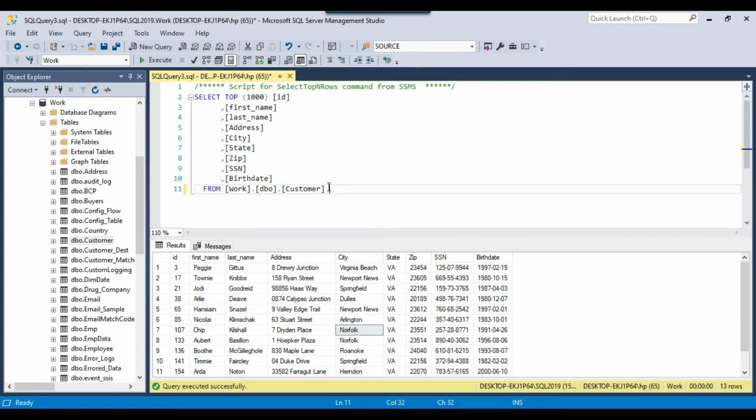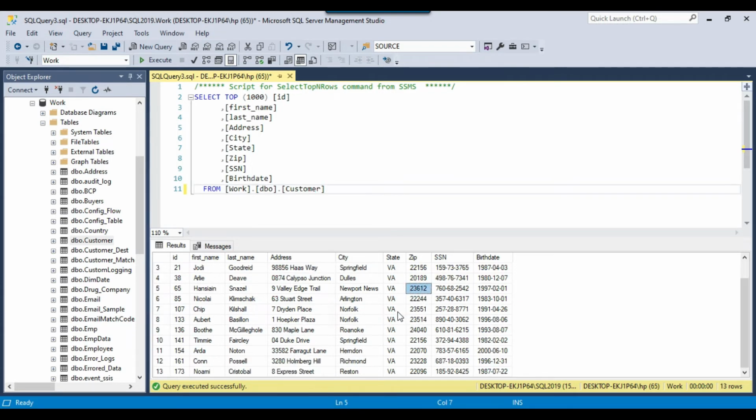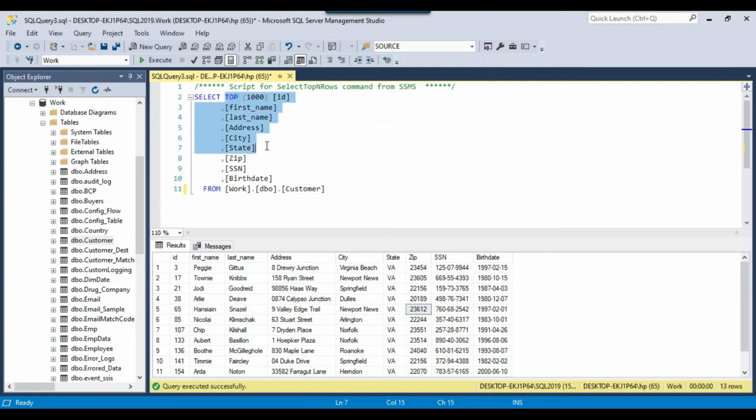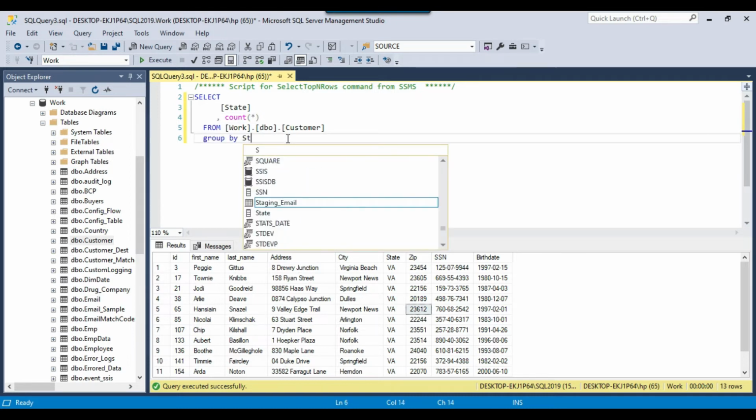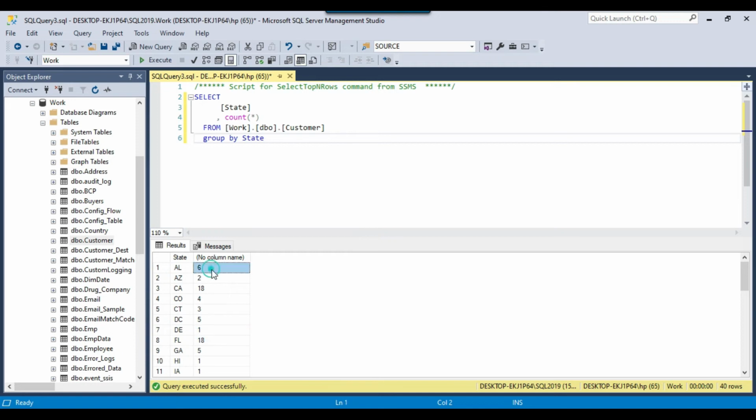Okay. So if you see here, we have the data for multiple states. So let me remove this one. If I want to check how many records for each state we have, we can use a group by query here, group by state. So we have the data for 40 states in this particular table, and these are the number of records for each state. And if I want to select only the state values where the number of records is greater than 10, then I can put a having clause here.